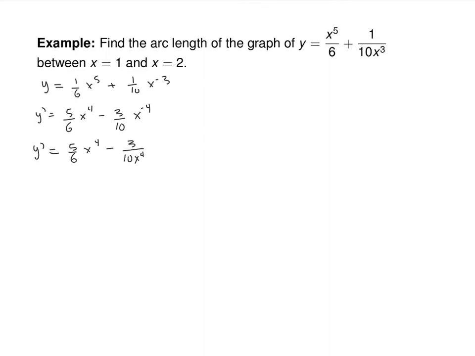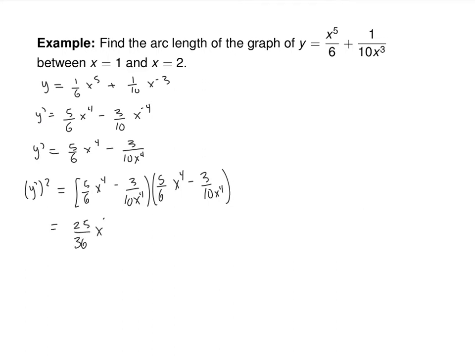All right, and also we're going to have to square y prime, so I am just going to find y prime squared right now and then use it. So that is 5 over 6 x to the 4th minus 3 over 10 x to the 4th multiplied by itself. And multiplying that out, we get 25 over 36 x to the 8th minus 15 over 60, those x's cancel, minus another 15 over 60,